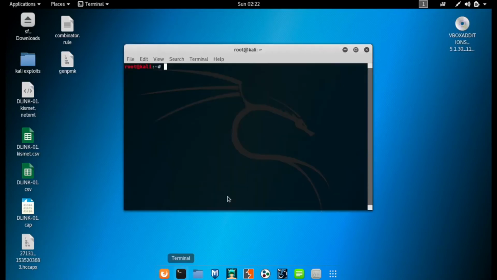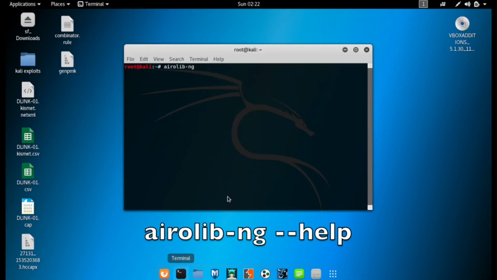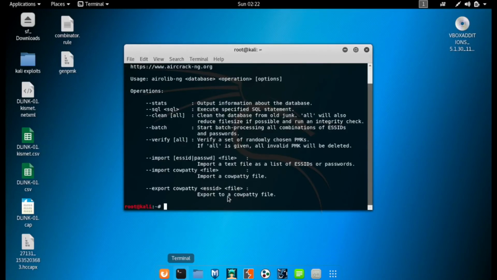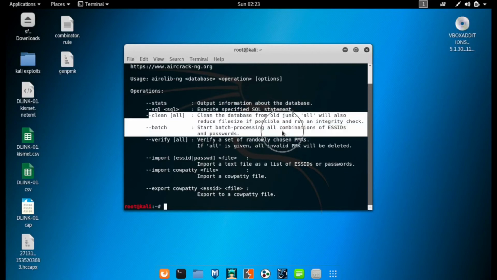Let me open a terminal and type airolib-ng --help. This will bring up the help screen of the tool, and you can see the usage is first airolib-ng, and then the database name, and then the operation and the options. Different operations are: we can get the stats, we can execute a specified SQL statement on the database, and then we can clean using the --clean command, and if you put all, it will compress the file size,